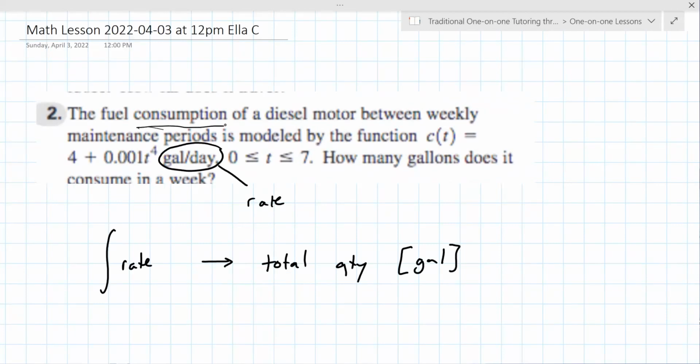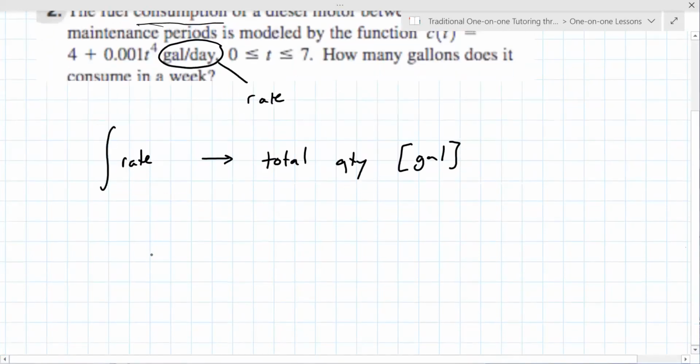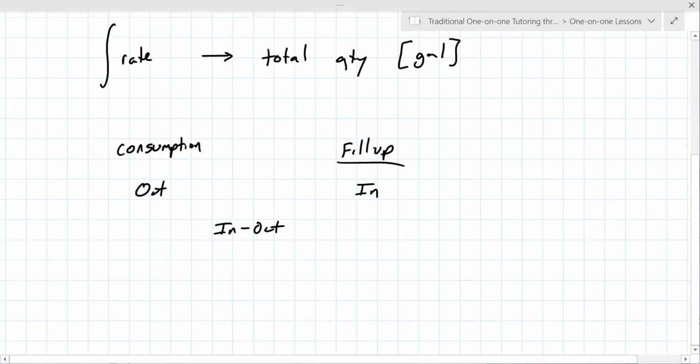Let's just maybe make this a little more interesting. You drive a car, I drive a car, we consume, but we also fill up. So in this case, the fill up is the in, and this is the out. And we generally go in that direction, in minus out. So let's just say the way that the in function, the I of t, let's say that's just